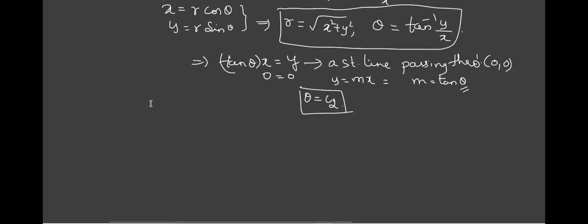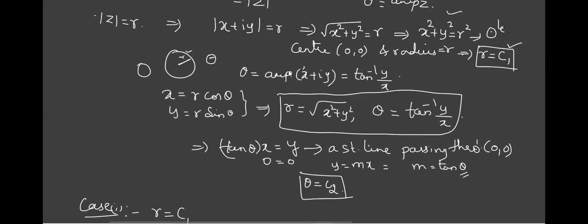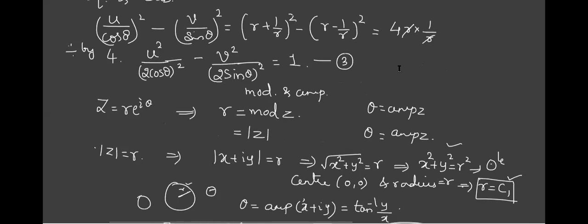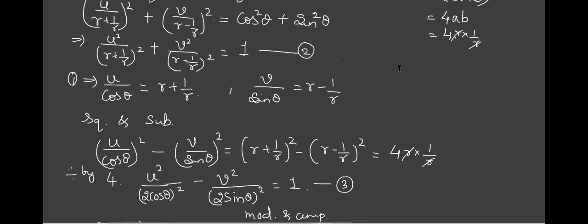Let us take these two and see ultimately what we are going to get in the W plane. This is the important part, because next time the two cases are very simple, since we have already kept them in a standard format. So what is the first case? We have to take r equal to C1. Remember, r equal to C1 means we are taking a circle with center at origin and radius r. Where can I substitute r equal to C1? Very simple way.